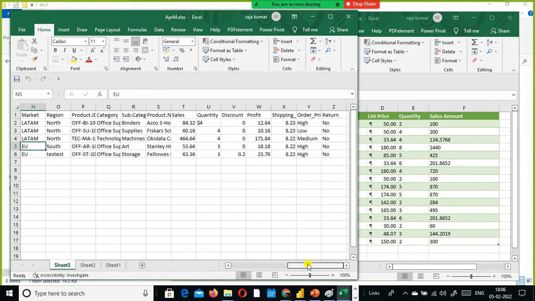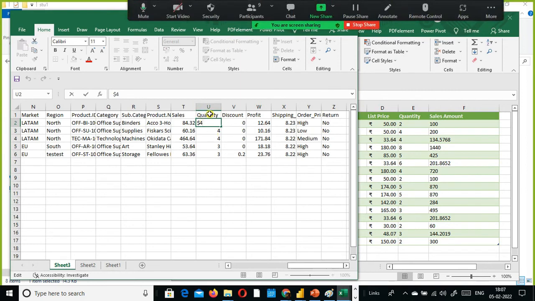But look here, in the quantity I intentionally put $4. The sales is in numerical data type, but this one will be text, so it will cause some problem.